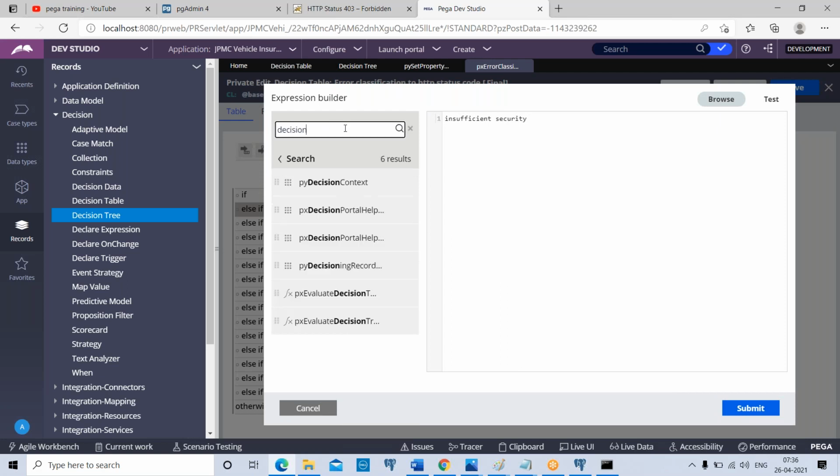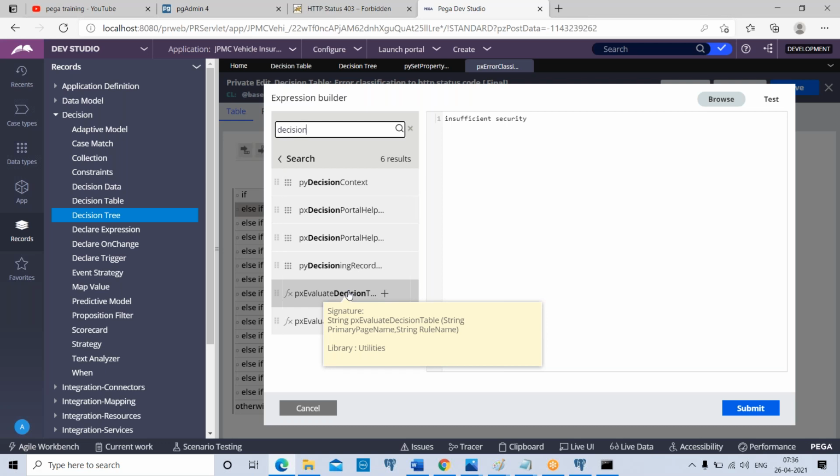What are the functions available? pxEvaluateDecisionTable. It will take two parameters: the primary page on which you want to run the rule, and the name of the rule. So you need to pass the name of the decision table rule. The pxEvaluateDecisionTable function can be used to call decision table rule. pxEvaluateDecisionTree can be used to call decision tree rule.